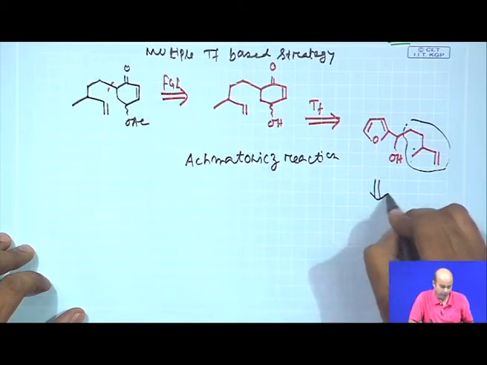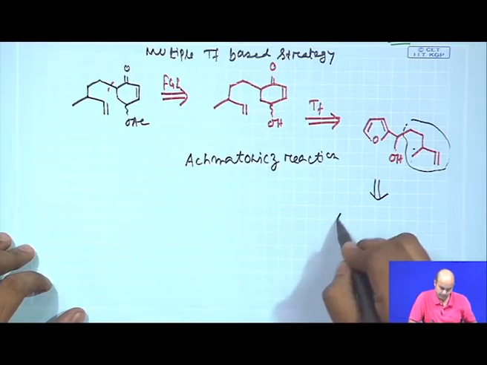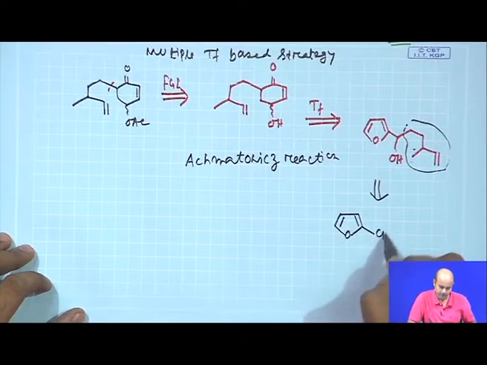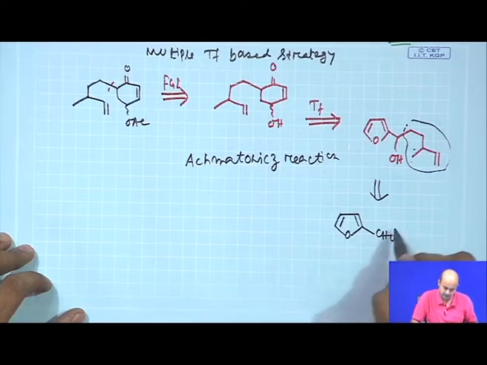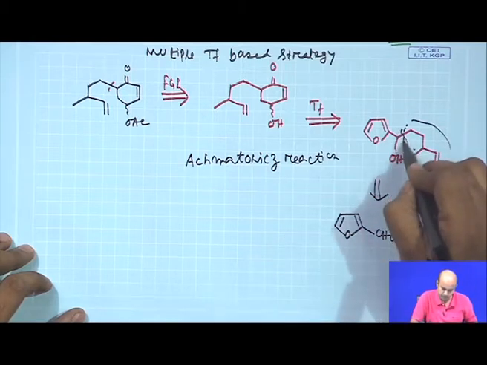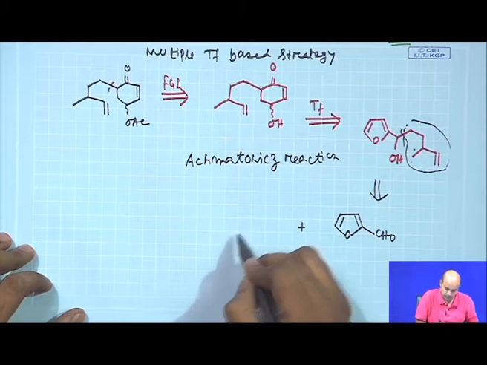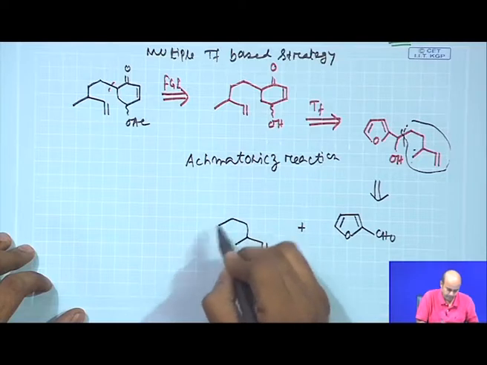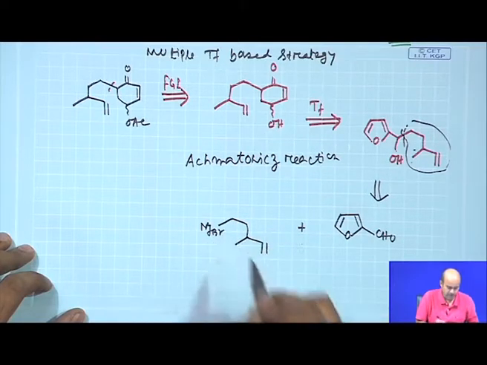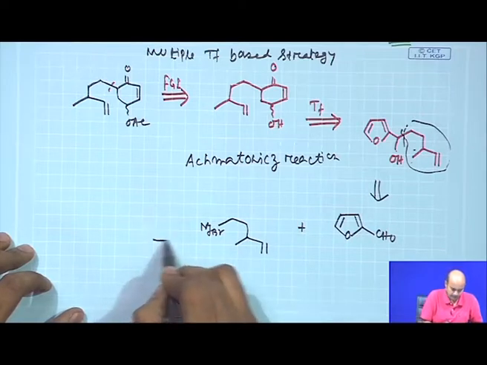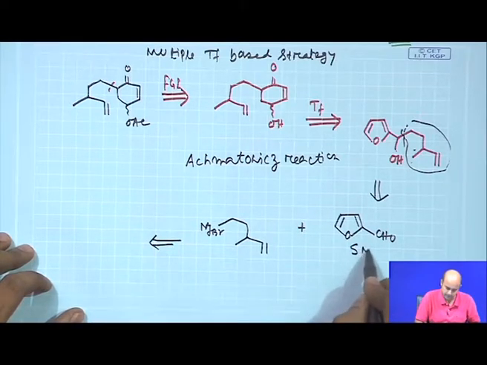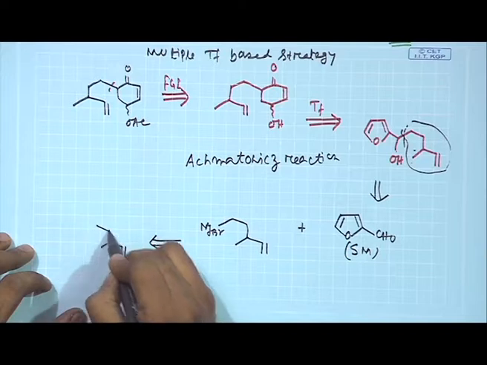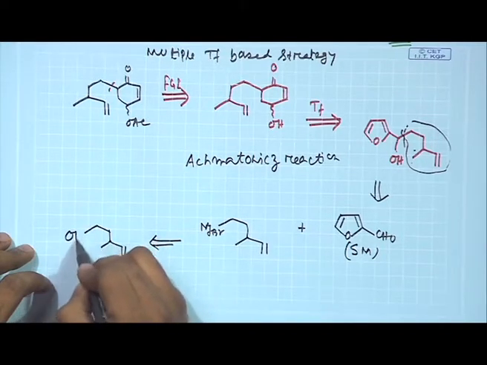Now, let us formulate how further you can do the disconnection. This is a very simple disconnection. We will put a furfural and then do the disconnection here. We will put a simple Grignard kind of species of this, the Mg bromide. It is very straightforward, and this starting material is commercially available. This one you can again make from the corresponding alcohol.